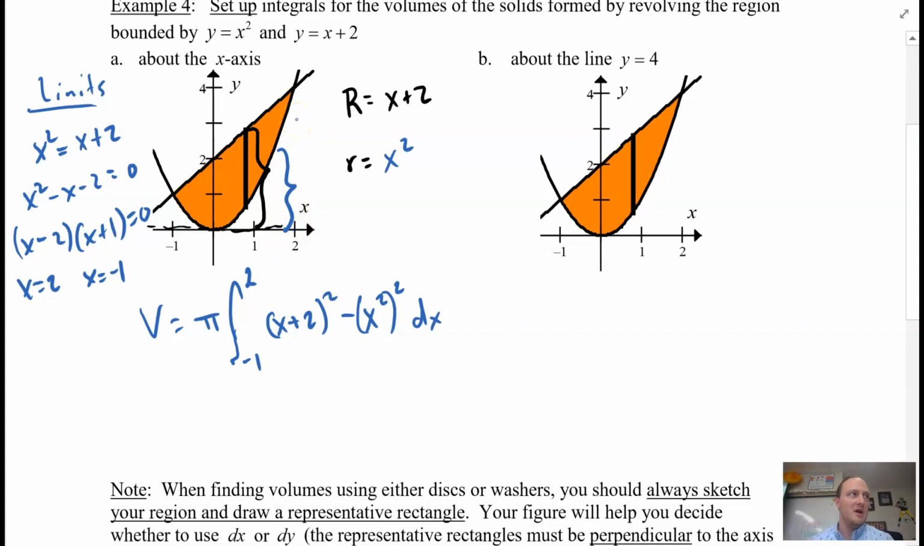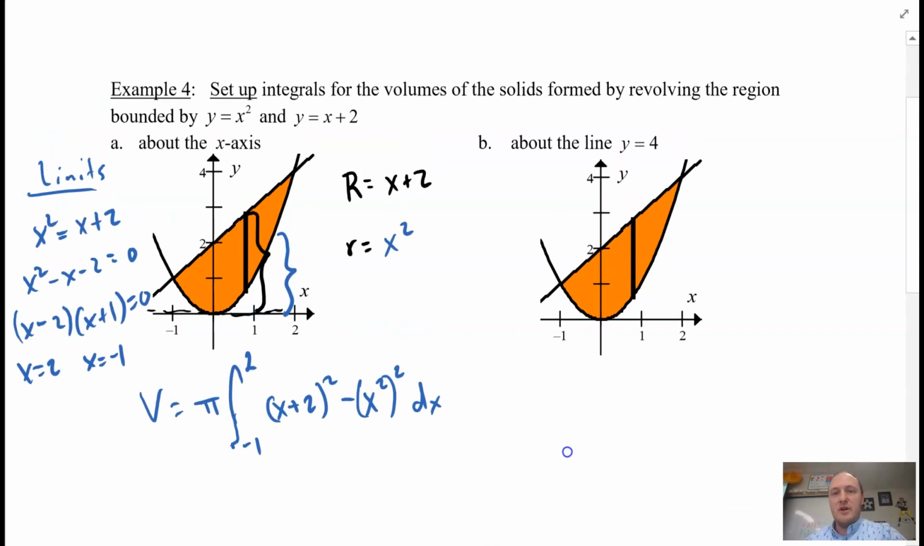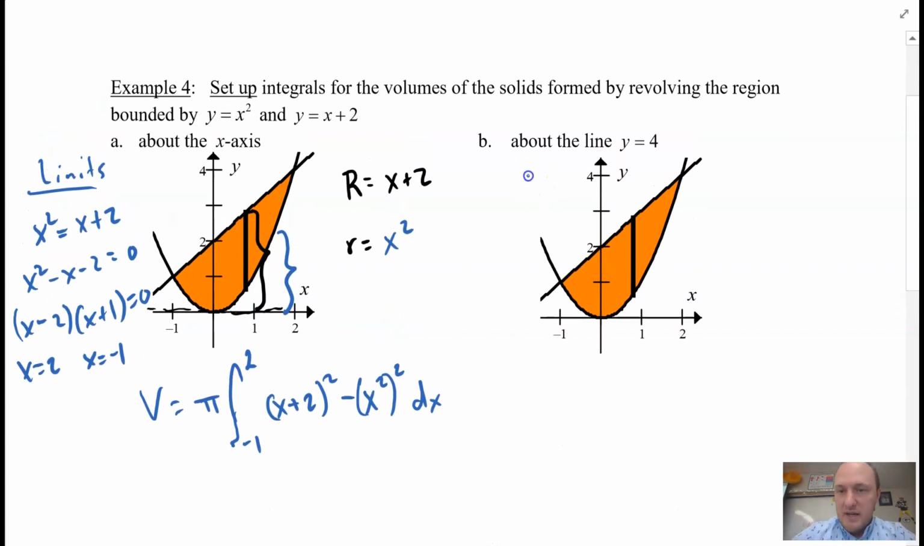All right. Next example. Here now they want us to rotate about the line y equals 4. So here's my rotation. Notice I have this gap in between my line of rotation and my function. So that's what tells me that it's going to be a washer method. And again, we need to ask ourselves, what is our big R? From the line of revolution to the bottom of my function is this whole distance here, which looks to be